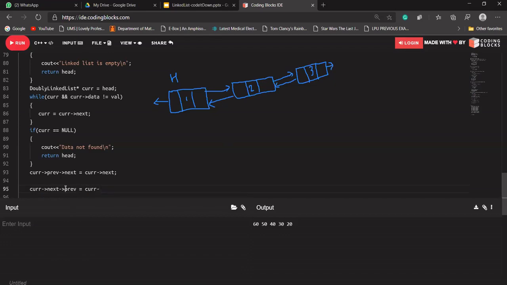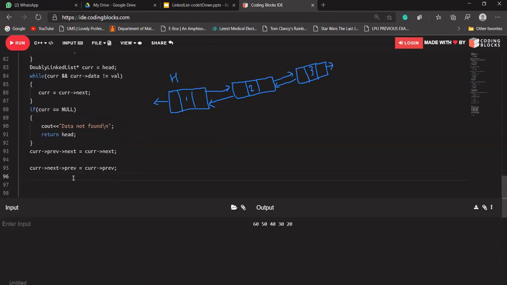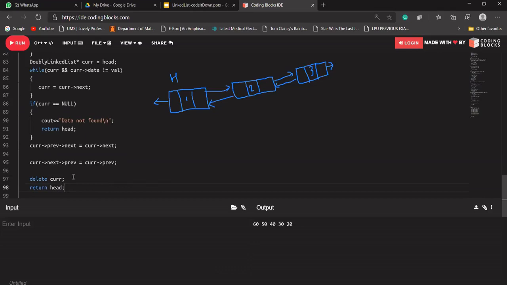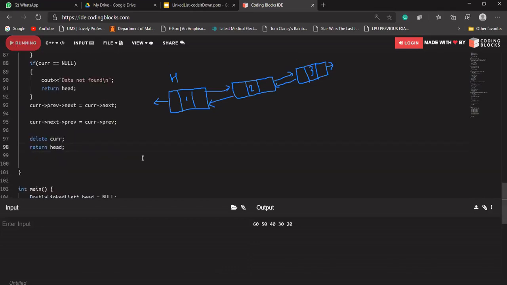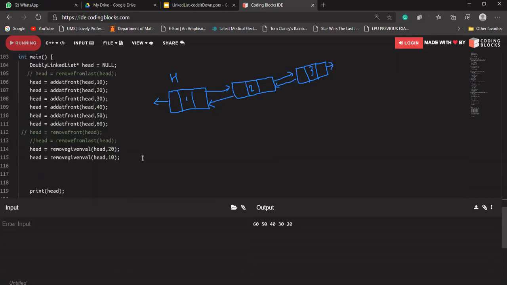So 1 is current's previous. Okay, is that clear with everyone? And now we should be deleting our current node, and we should be returning head. Let's try to run our function, let's see whether it is running correctly or not.